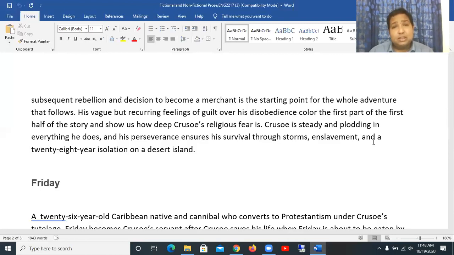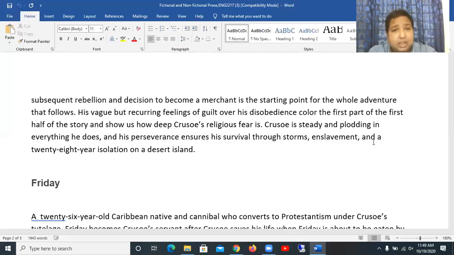That's why the parents wanted him to remain within home. But there is a rebellious nature with the young man. The young men are sometimes reluctant to follow the parents' advice. So here is the same with Robinson Crusoe. And because of that reluctance to take the advice from the parents, the adventure began